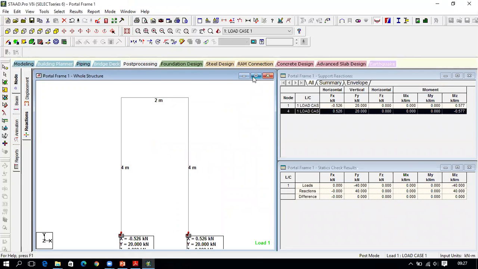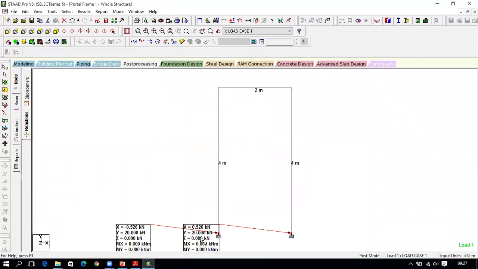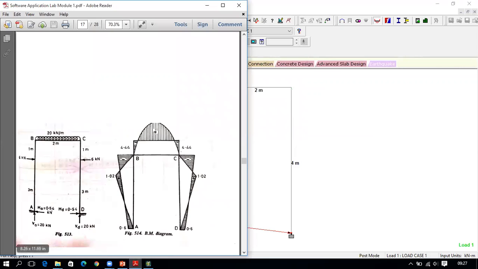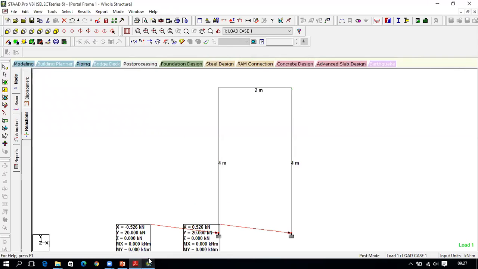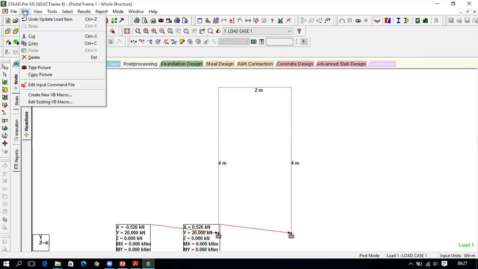Reactions. See here, the vertical reaction Y is 20. For this one also, vertical reaction Y is 20, and this one is minus 0.526 kilonewton, minus 0.454 is there, and for this one it is plus 0.54. Here it is 0.526. That is exactly correct. So even if you want to take the picture of this one, click on edit,